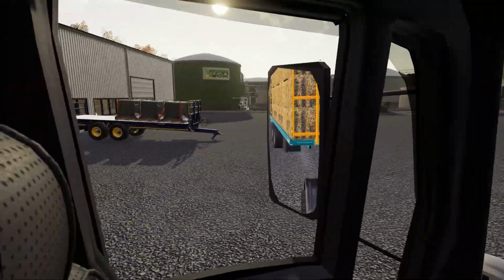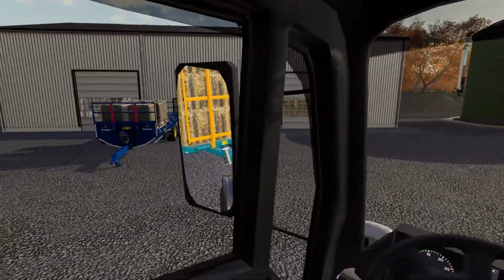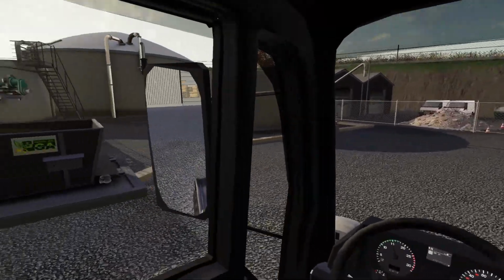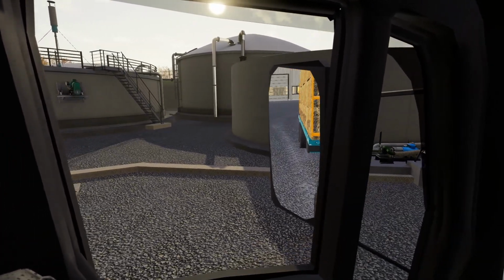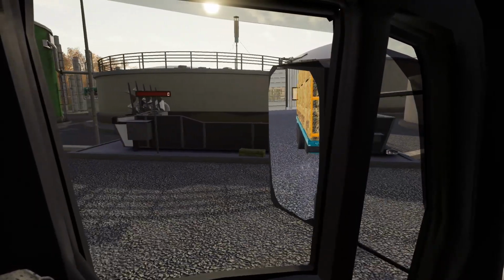Right, now I've been told just to kind of park the trailer up. There's my other trailer that's already loading up, so I'm going to park this up here. And then I've been asked to get the plant working again, so I'll go and get that done, and then we'll come back to you. Ooh, got a reversing beacon. And then we can...